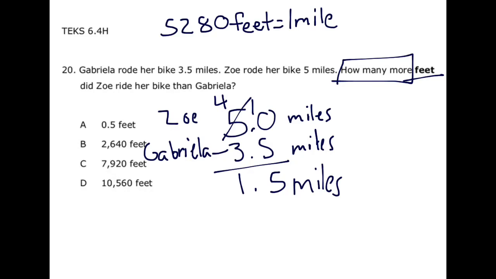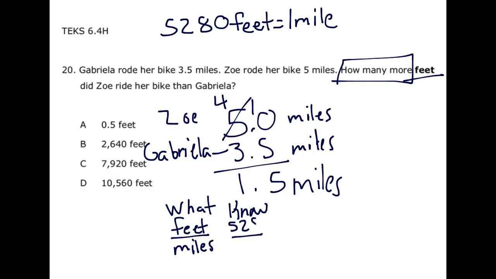So what I'm comparing in this problem, comparing feet to miles, I know that 5,280 feet gets me 1 mile. What I need to find is 1 5/10 miles is how many feet. So, to solve this proportion, I cross multiply, and I'll put my steps up here. I have 1 times x equals